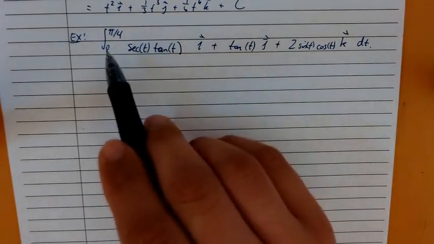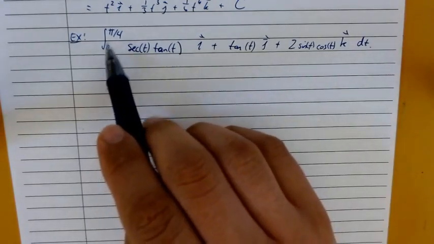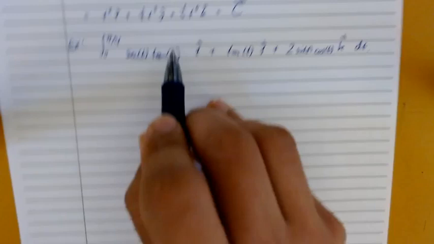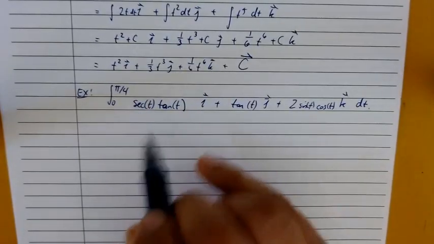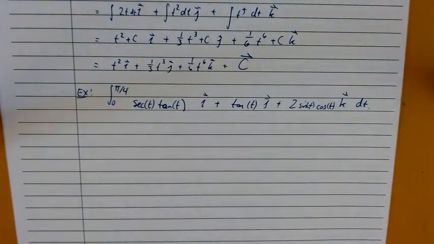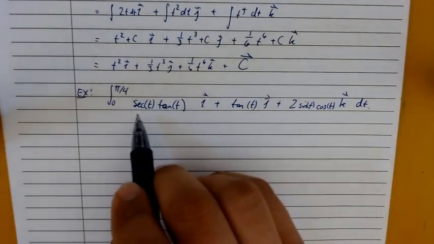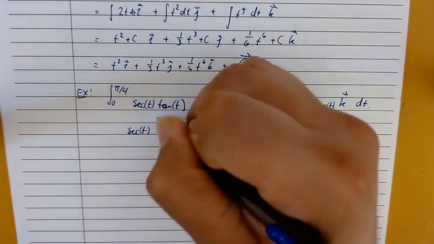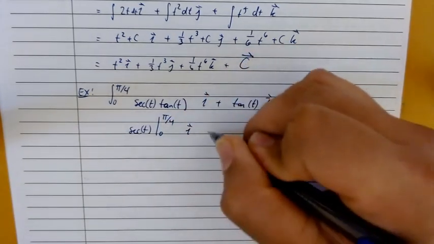All right, so here we're simply going to integrate each of these with respect to t and evaluate from 0 to pi over 4. Okay, so the integral of secant of t tangent of t, we'll notice that the derivative of the secant function is secant of t tangent of t. So the antiderivative of secant of t tangent of t would just be the secant of t. So this will be secant of t evaluated from 0 to pi over 4, and that's your first component, plus